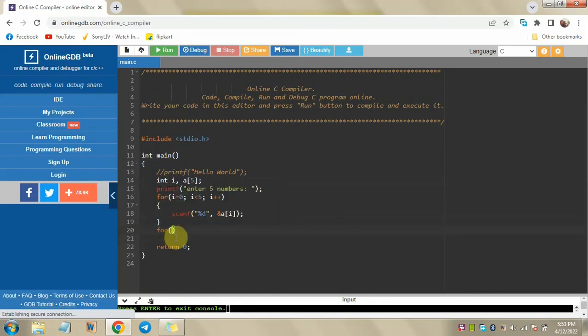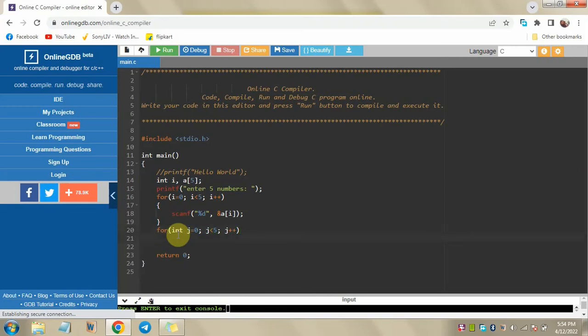I will make sure that you will get the feeling, the essence of the coding and how it has been written. So first we will take for. Within this for loop we will give an integer j for choosing the elements of the array, and it will be less than 5 obviously, and j plus plus.